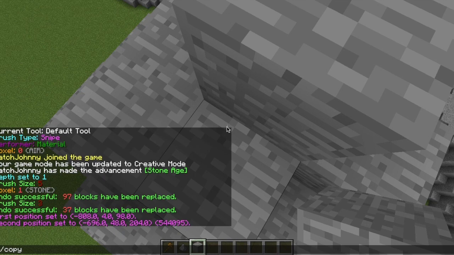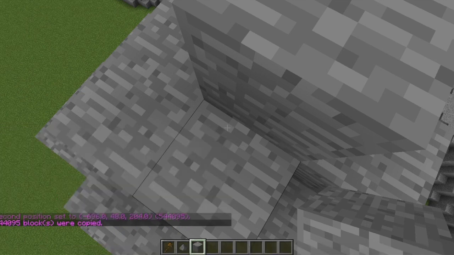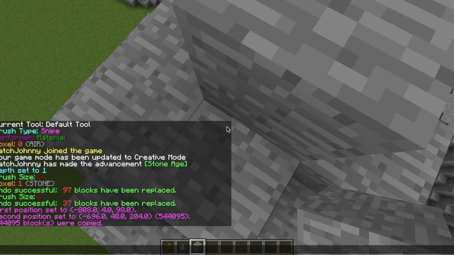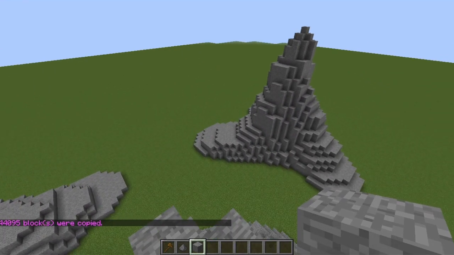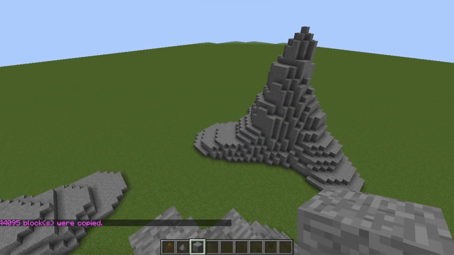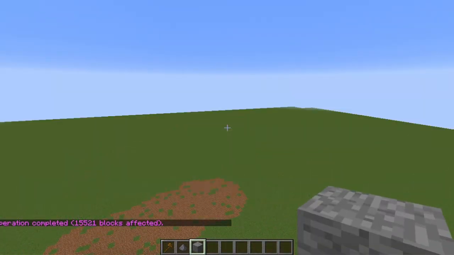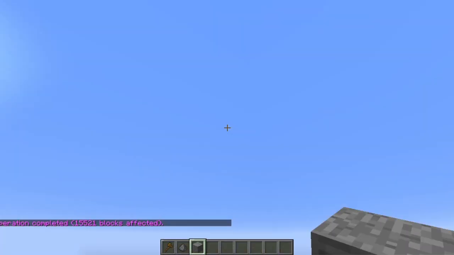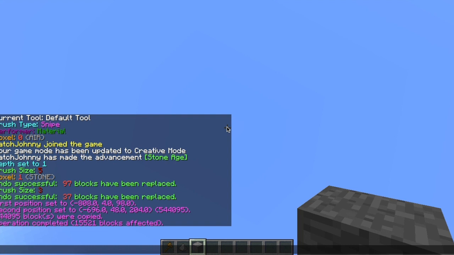whole thing with //copy, and then we're going to set it all to air. Now this will make sense in just a sec. So //set air. Now that we've gotten rid of all of it on the ground, we are going to look up directly into the sky. This is very important, and type